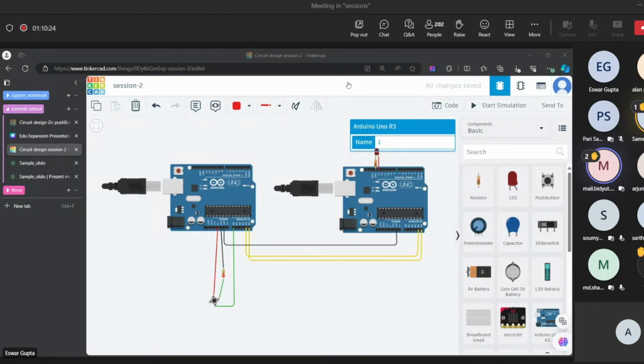Sir, here A0, A5, A4, these are the data transmission lines. Yeah, A4 is for clock and A5 is for data, the serial data line. Okay, sir. Thank you. So for I2C communication, they are fixed. You'll get more clarity on why I am fixing that when I am writing the code. Did you get clarification?